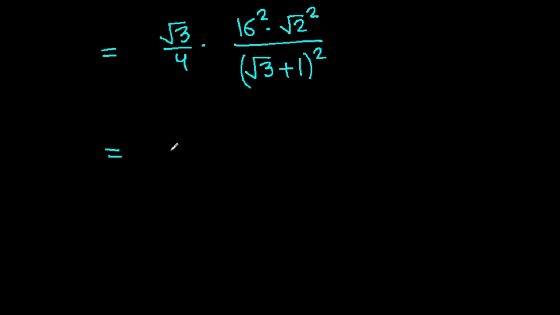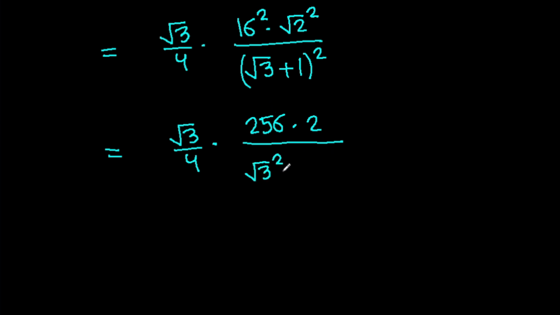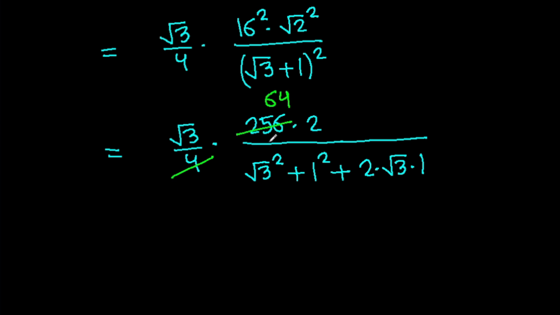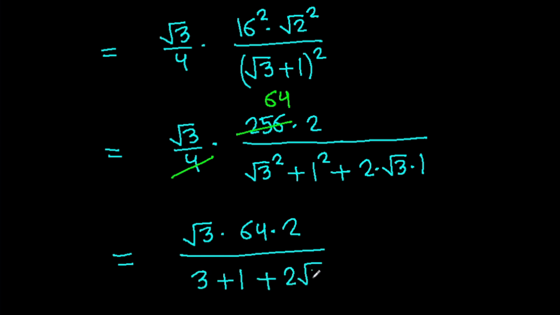And it is root 3 over 4 times 256 times 2 over, and this will be root 3 squared plus 1 squared plus 2 times root 3 times 1, and 4 times 64 is 256. So it is root 3 times 64 times 2 over 3 plus 1 plus 2 root 3,